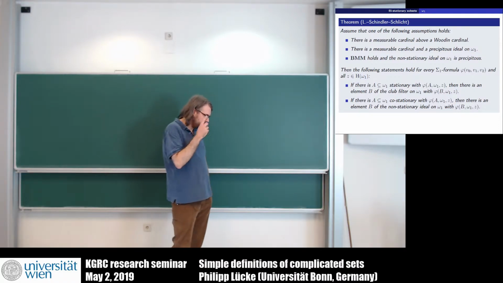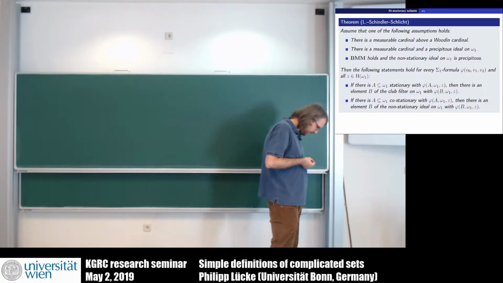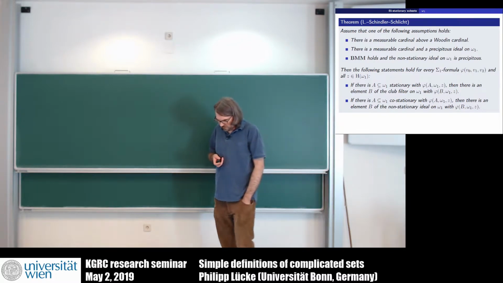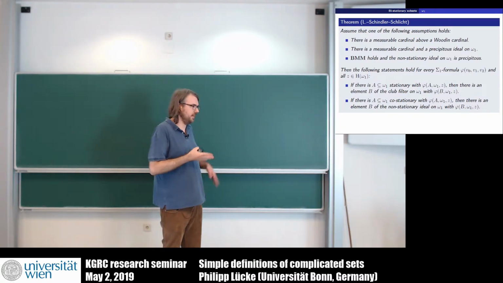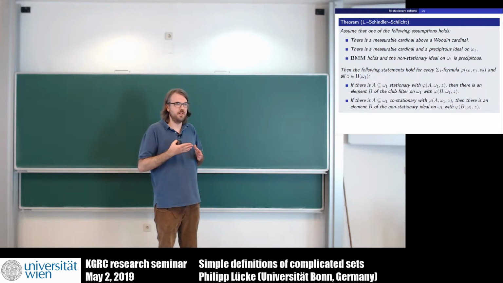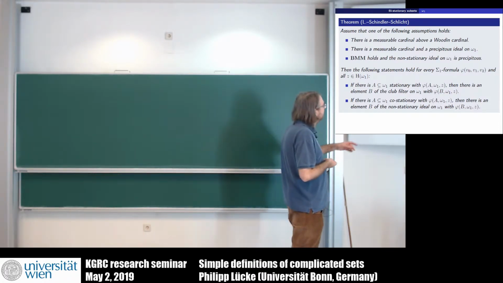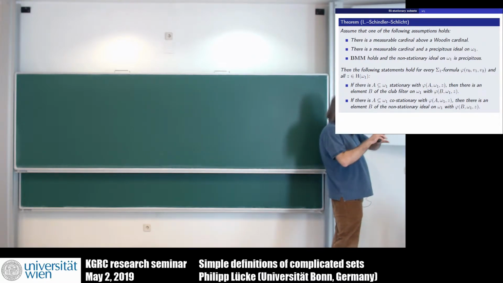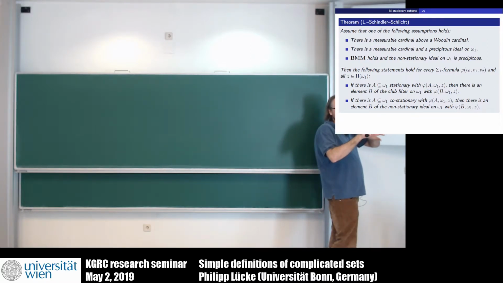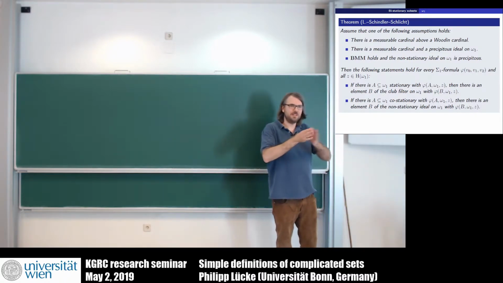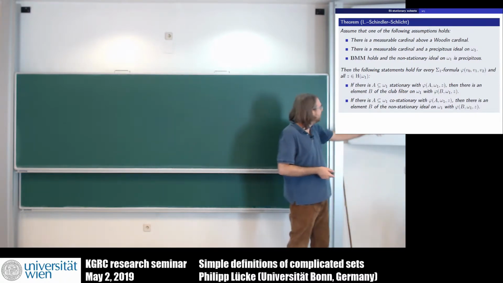So the reason why we originally proved this is that we wanted to show that under these assumptions, there's no delta 1 definable set that separates the club filter from the non-stationary ideal. Because if there was such a set, then somewhere there's something in the middle between the club filter and the non-stationary ideal, so either a stationary or co-stationary set, but then the separating set automatically contains either a club